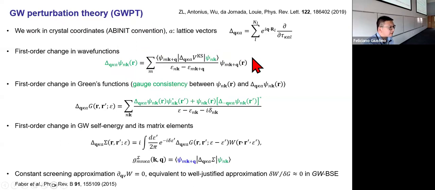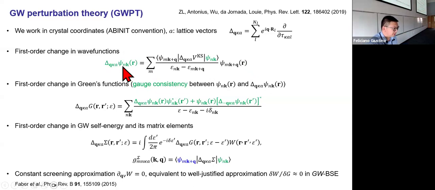It is slightly different from what the DFPT Sternheimer equation directly generates, because if you recall, most of the time the valence manifold has been projected out. And to run GWPT, we need to recover the full form of the first order change of the wave function. And there's some gauge consistency